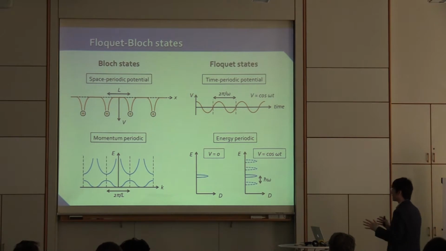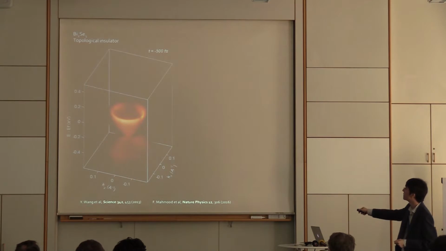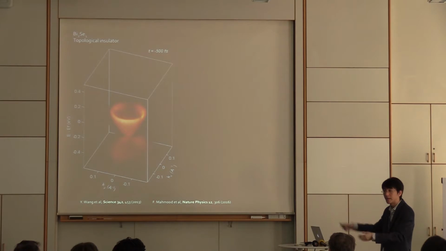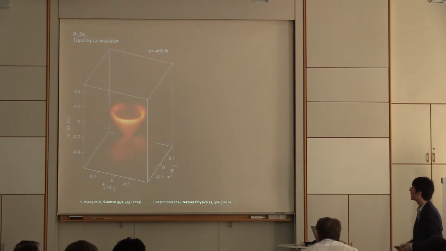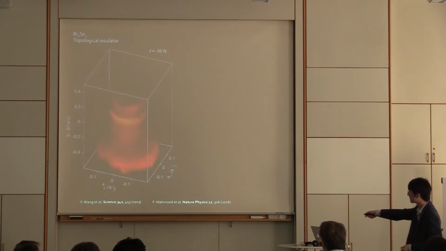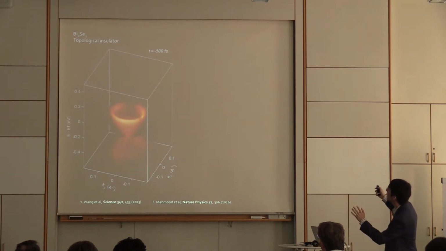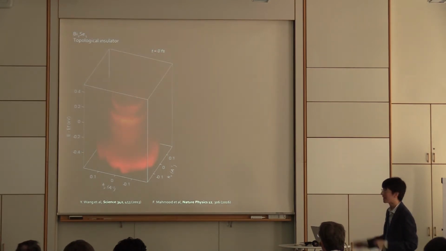So let's just see this in experiments. This is, for example, bismuth selenide that has the Dirac cone. This is the Fermi level at 0 energy. If we pump by using 0.1 electron volts photons, then in principle we should be able to see the duplicated states, which are the Floquet states. And this is the movie taken by my colleagues Iwa Wang and also Fahad Mahmoud in the lab. And once again, hopefully you can see that it is duplicated up and duplicated down,